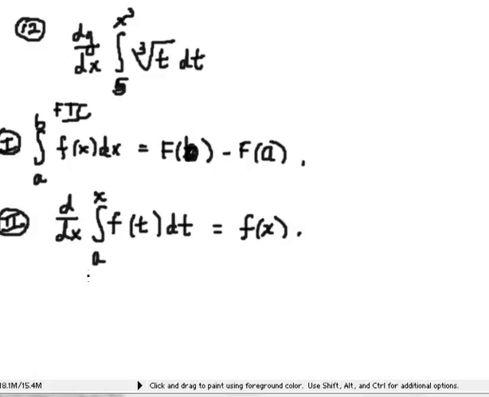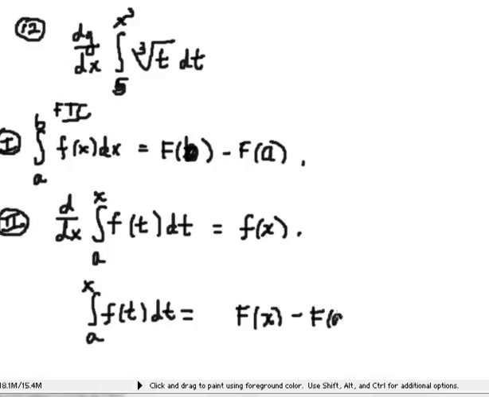Alright, let's look at this integral. The integral from a to x of f of t dt, according to part one of the fundamental theorem, is uppercase F, the antiderivative evaluated at x, minus the antiderivative evaluated at a. This part's a constant, this part depends on x. Now if we take the derivative of both sides with respect to x,